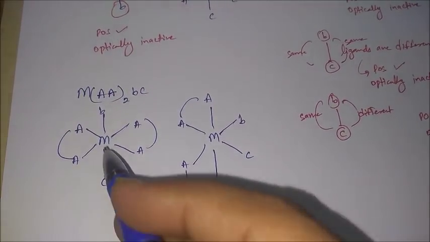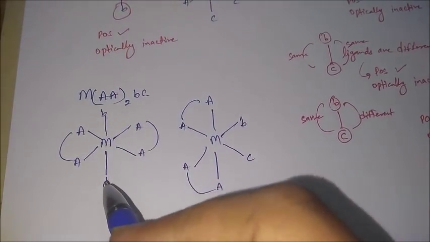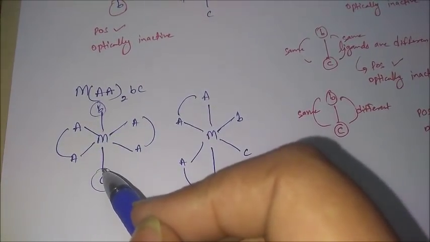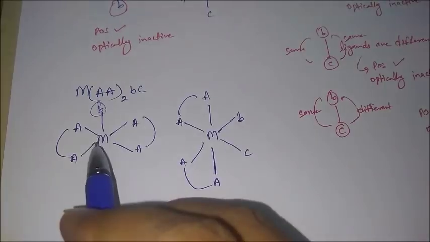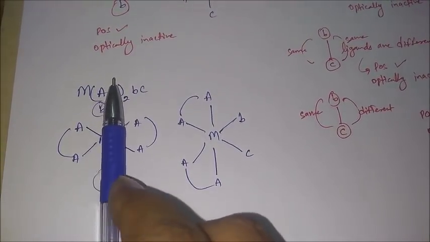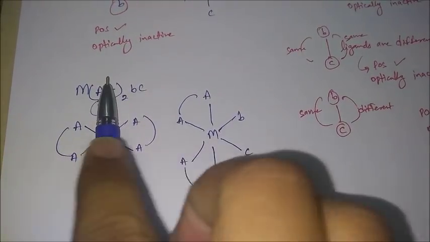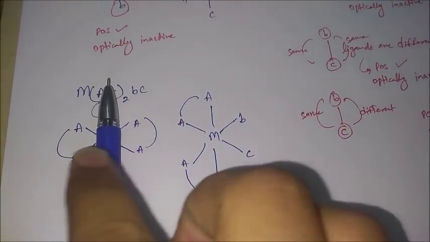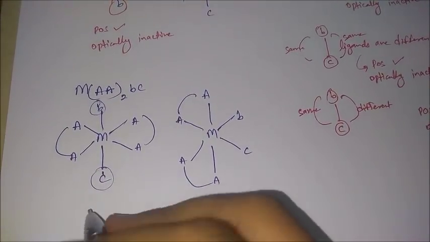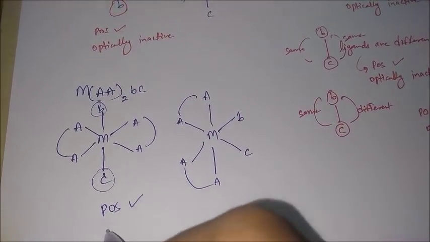all, on the axial line, you have to see whether you have the same ligands or not. Here we don't have the same ligands, we have different ligands. So now you have to check the sides of this axial line. On both sides the arrangement is the same, so that's why this will possess a plane of symmetry, and it will be optically